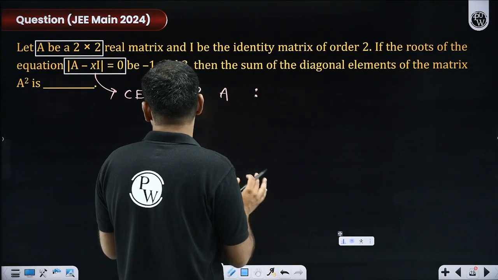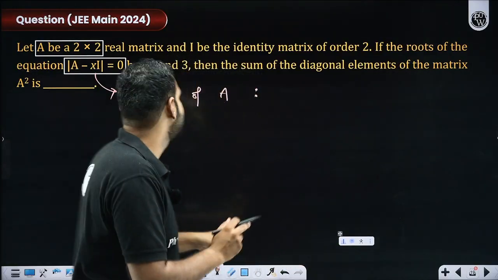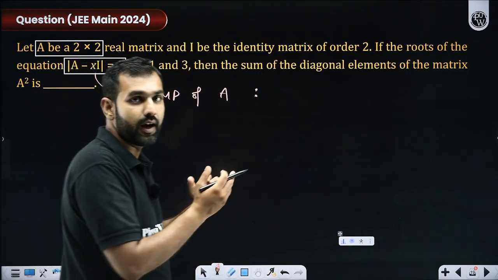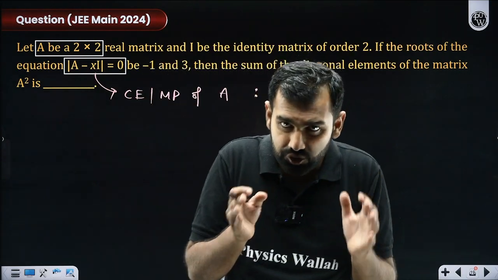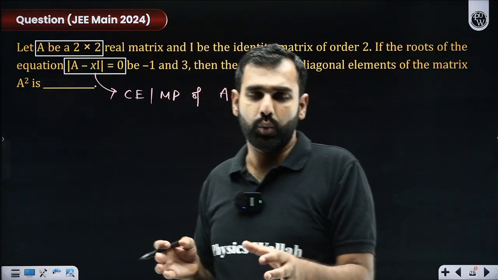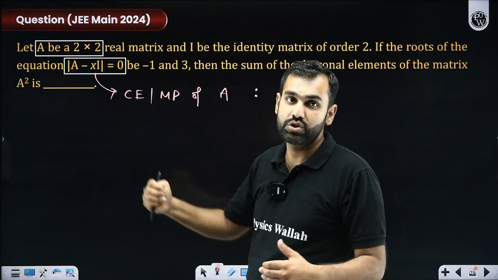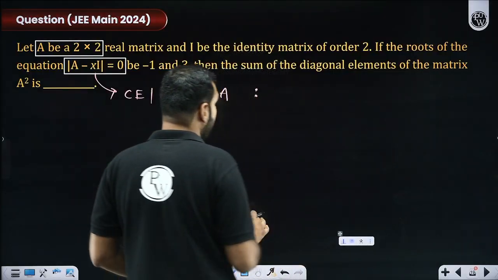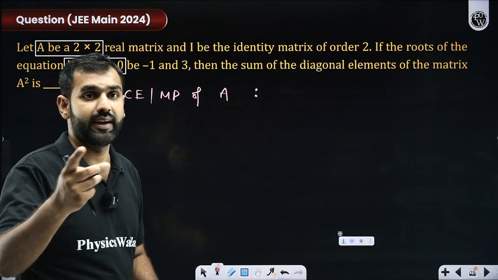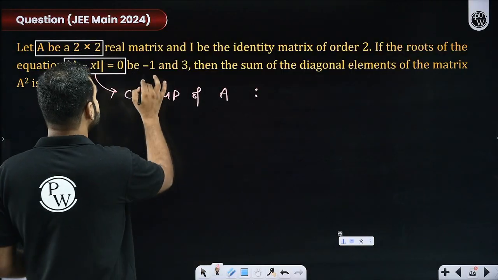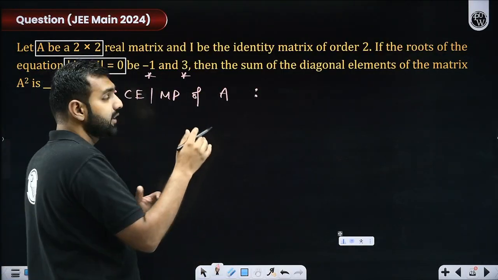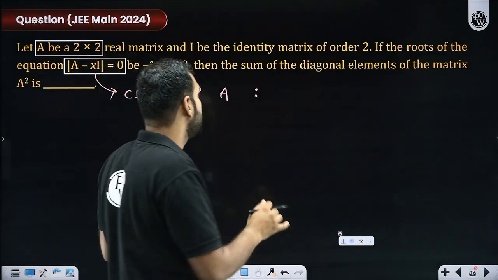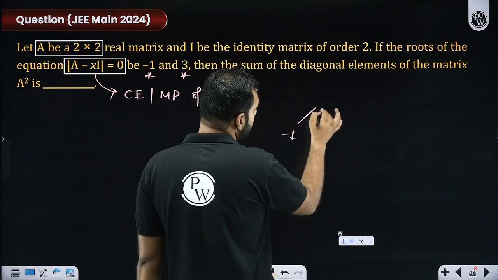So let's say that matrix polynomial I'm writing in terms of x here. It is not lambda here. So that will be a quadratic. That matrix polynomial, that characteristic equation here of this matrix A, which is a 2 by 2, will be a quadratic. So if it is a quadratic here, I hope you're realizing that it has two eigenvalues. Which two eigenvalues, students? -1 and 3, because they are the roots of that equation.